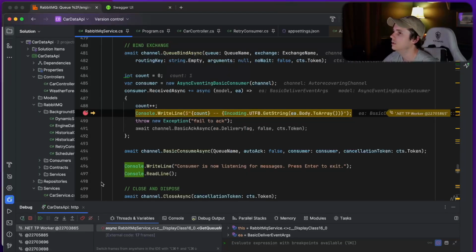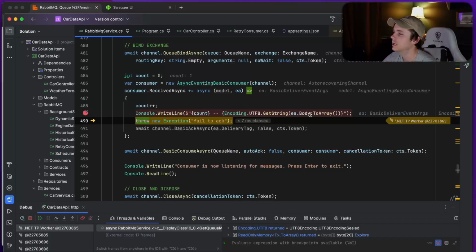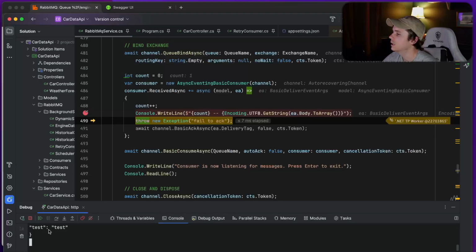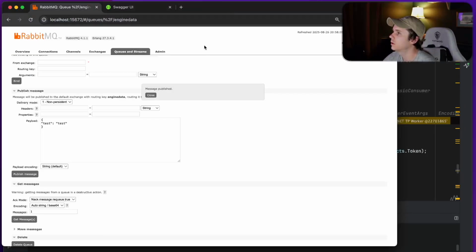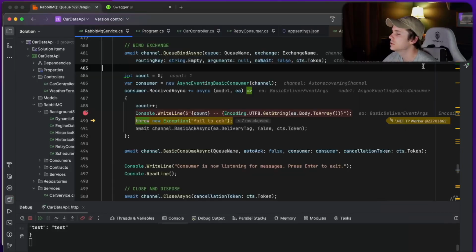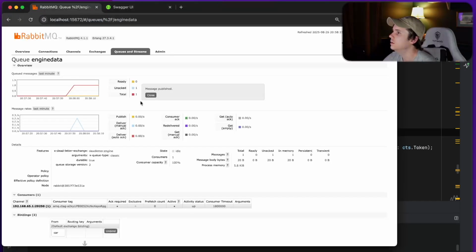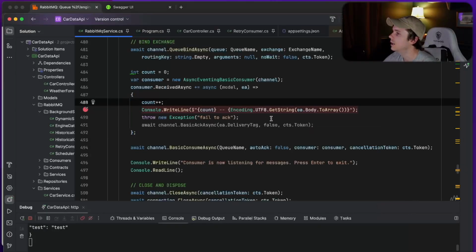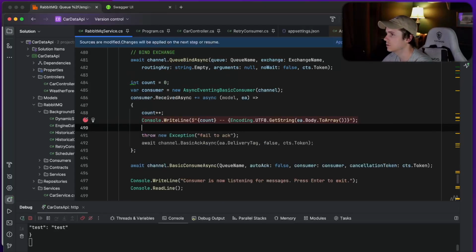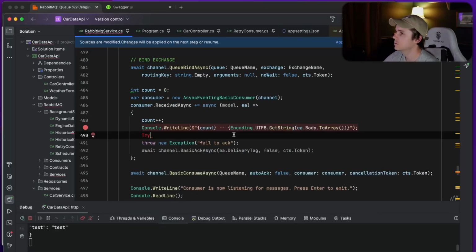We hit our breakpoint. You can see the body of our message, that is, let's go to our console test, perfect. All right, if we look at RabbitMQ, you can see that we have one unacked message, and if we step over the throw, we should get out of that now. And you can see if we refresh here, we still have one unacked message. So what we're actually going to have to do is handle the exception. So actually what we'll do is, to simulate this, if for example we had,